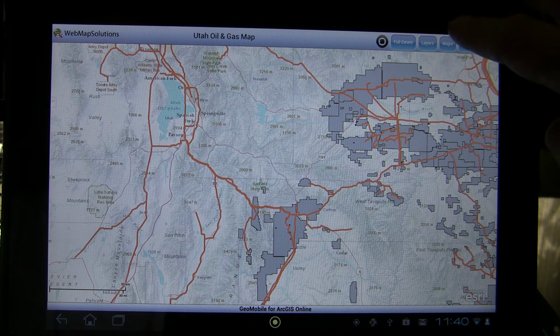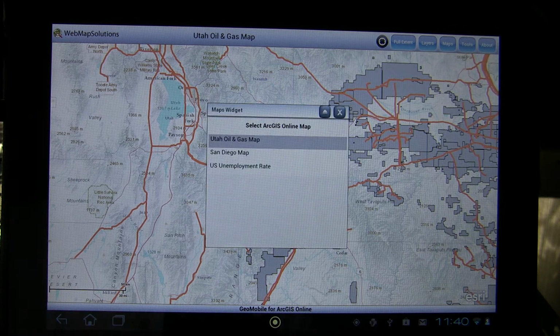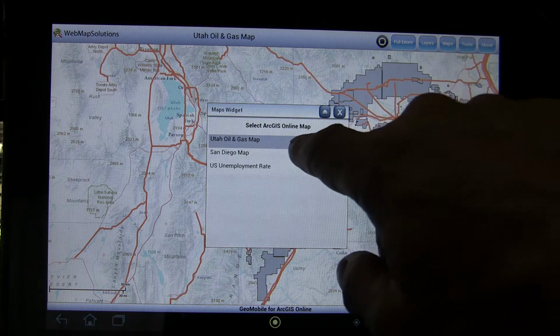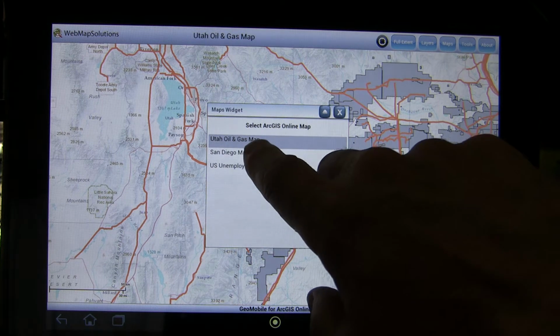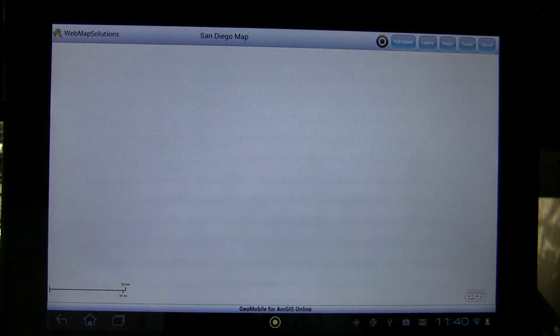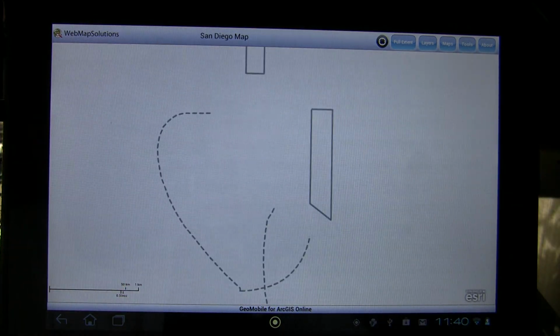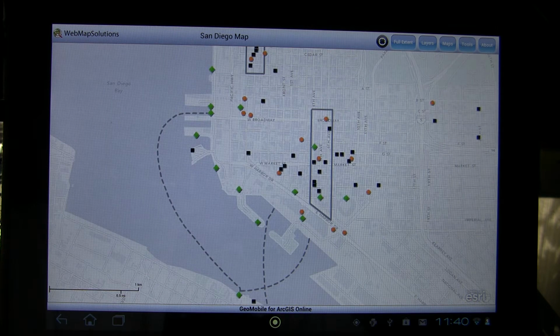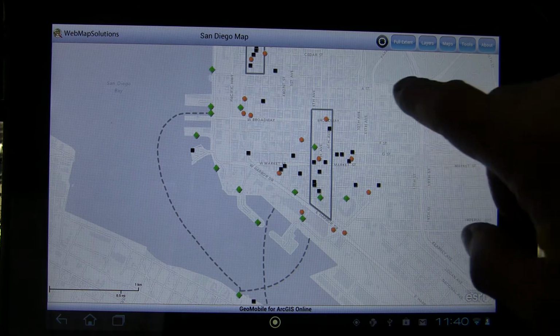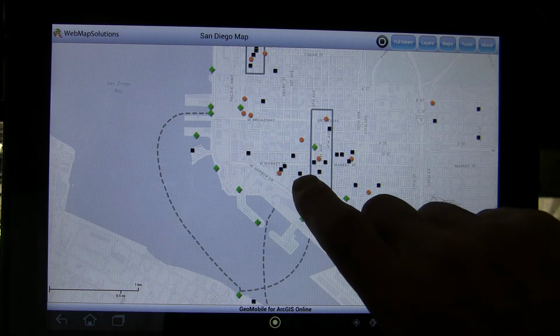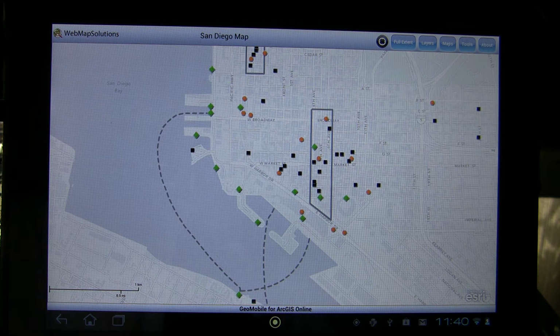The last one, which I mentioned earlier, is the Maps button. Now the Maps button is a window into the configuration file you loaded. In our configuration file there are 3 web maps that you could load. The first one, which is highlighted, is Utah oil and gas. Let's just select the San Diego map. So we're pulling a map in here which is of San Diego. The features on the map are obviously points of interest, or POIs. If we hit those, let's hit that green one there, we should see